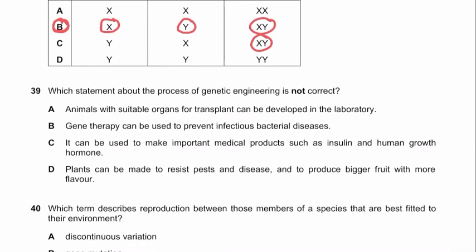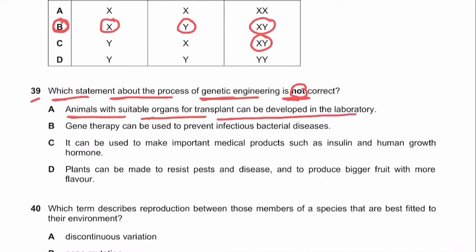Let's talk about MCQ number 39. Which statement about the process of genetic engineering is not correct? So guys, we have to select a statement about genetic engineering which is not correct. Animals with suitable organs for transplant can be developed in the laboratory. Guys, this is true. For example, if someone has end-stage liver damage, that is cirrhosis, and the liver has failed,